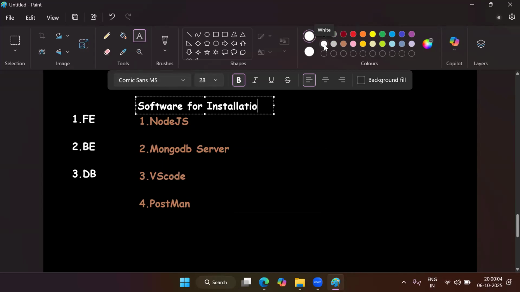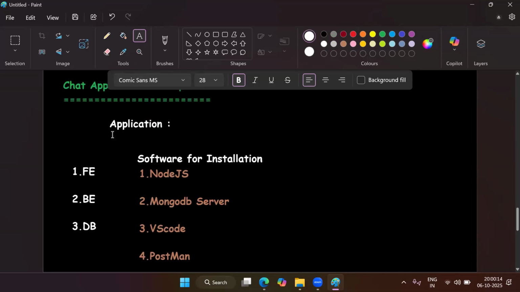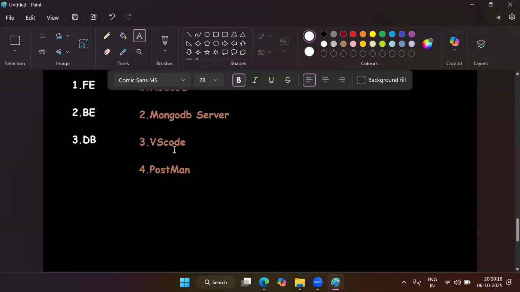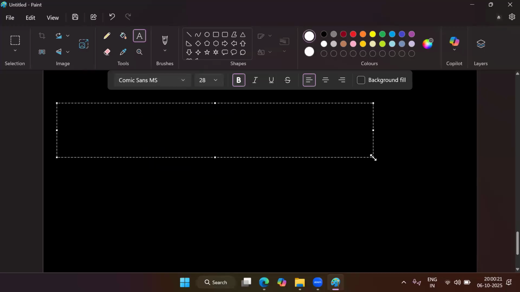And I think most of you have already installed all this, but still I will show you how you can install all this. So first, let's install all the software that is required to create our application. So first, Node.js. So how to install Node.js? These steps on how to install Node.js, I will provide you in PDF format. Right now, you can just see how I am going to install it.